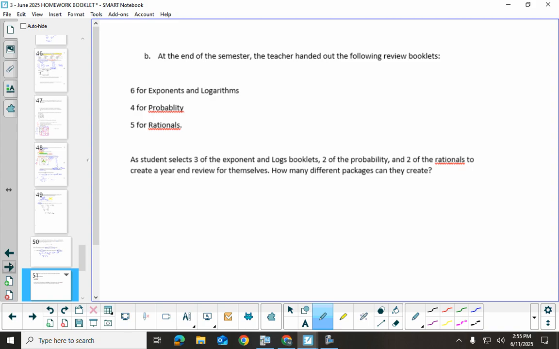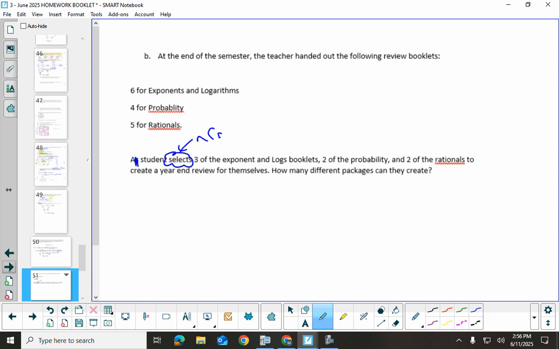Part B. At the end of the semester, the teacher handed out the following review booklets. So 6 booklets for exponents and logs, 4 for probability, and 5 for rationals. Aren't you glad I didn't do that? Anywho. A student selects, oh, there's that keyword again. So select is NCR. A student selects 3 exponents and logs, 2 probability, and 2 rationals to create a year-end review for themselves. How many different packages